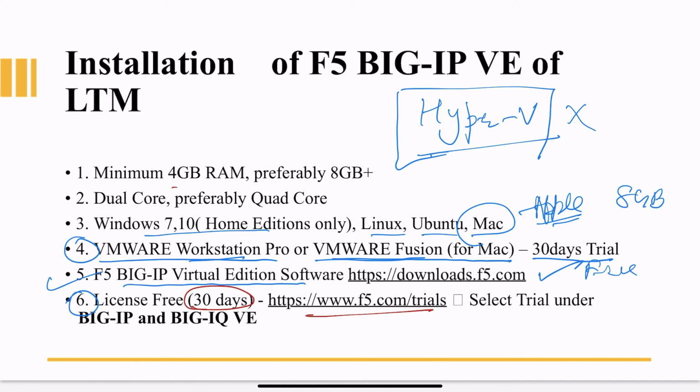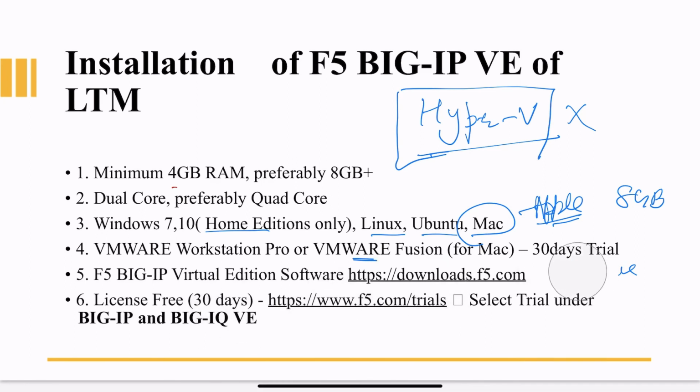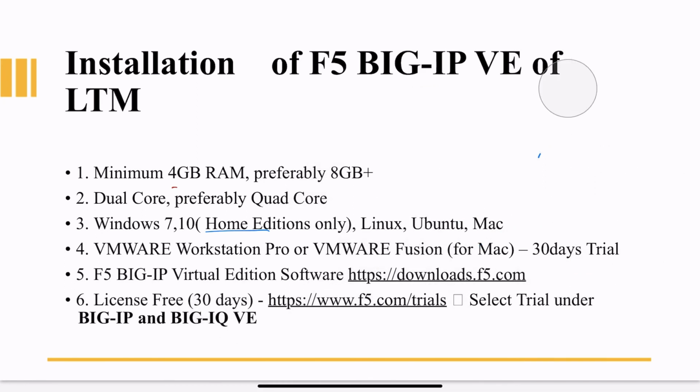And if you are looking to use two instances, then you can request two licenses, like for high availability, wherein you will use two LTMs. I will show everything to you, like how to download and how to install it. But remember that these licenses are free for 30 days. But you can request an extension, which means you can ask for new licenses. So everything will be done in the next lab.